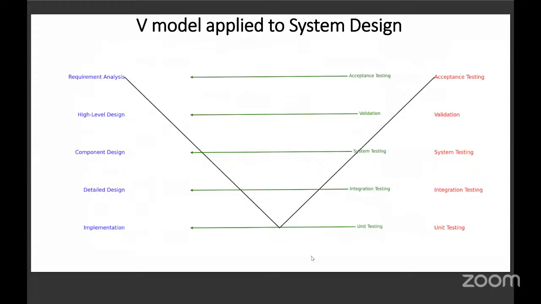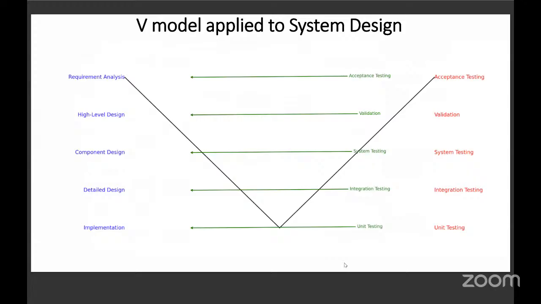The V model generally came into existence for software development, program development. On the left side of the V arm, we just see the implementation. We decide what to do first. We put all the boundaries and we define the specifications. And at the bottom vertex, we just implement it.